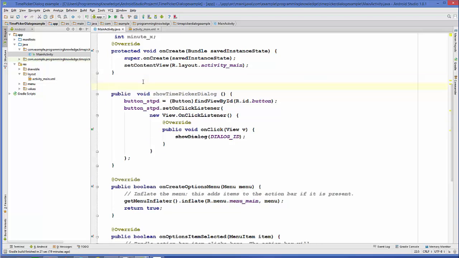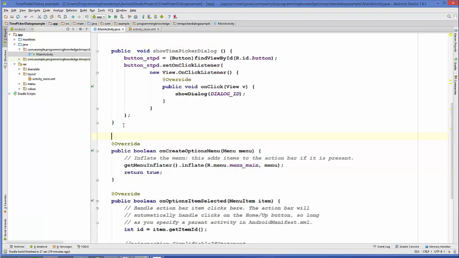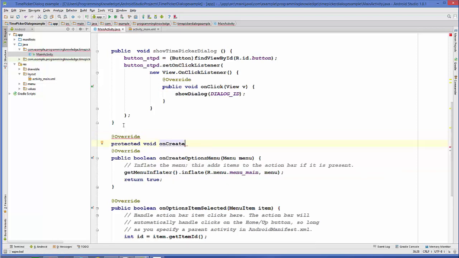Okay, so let's create this method here, or you can create below your show time picker dialog method which we have created. So just create a method which is overriding protected void on create dialog. Okay, so create this method, and this will take one argument which will be id.